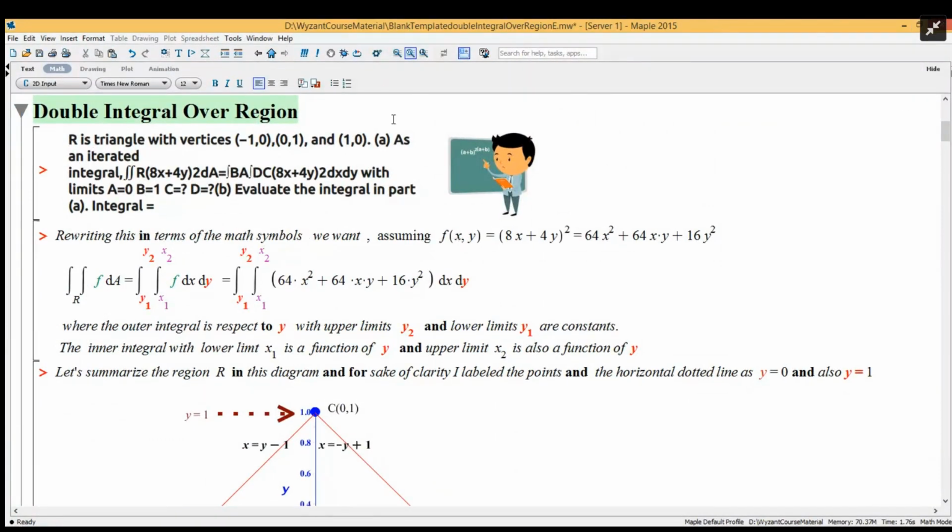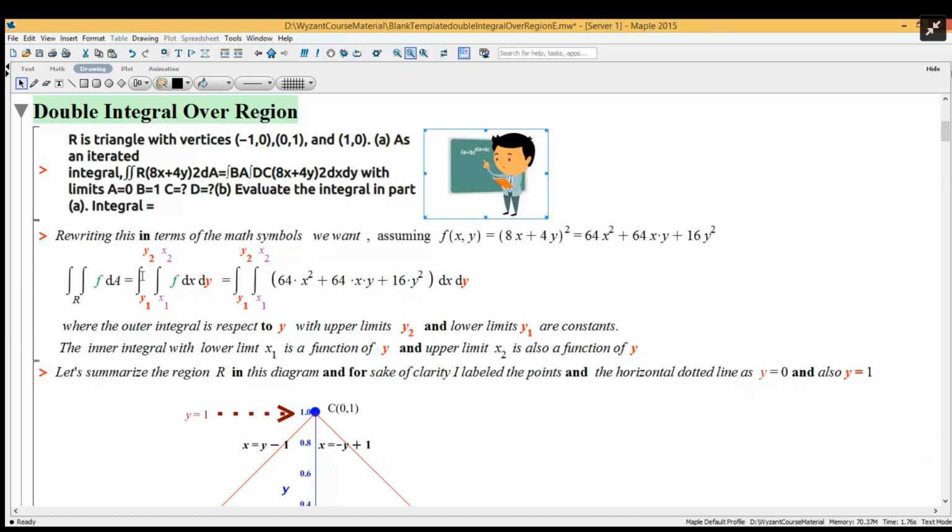On this one, I rewrote it in terms of math symbols. We want, assuming, of course, that f of x, y is 8x plus 4y squared. Otherwise, y would just multiply by 2 here in this original problem. So it's going to be 64x squared plus 64xy plus 16y squared. So we have the double integral